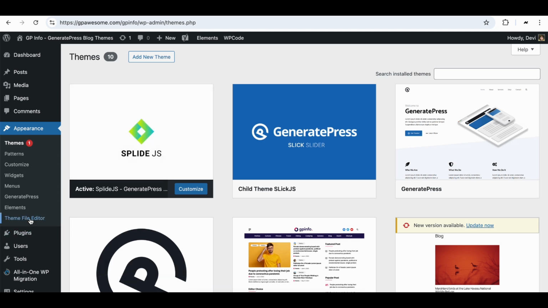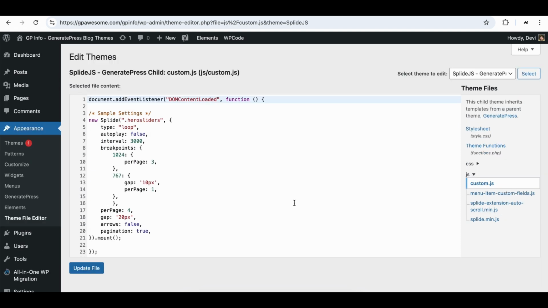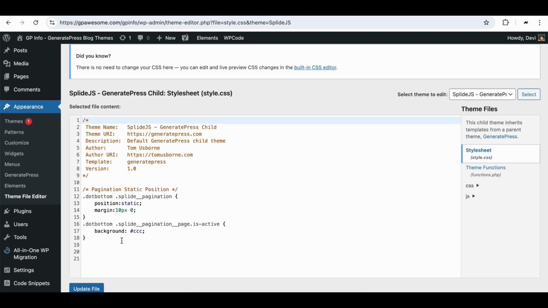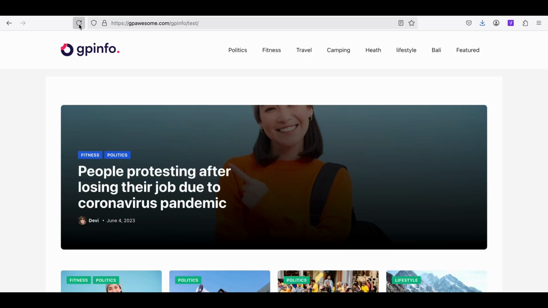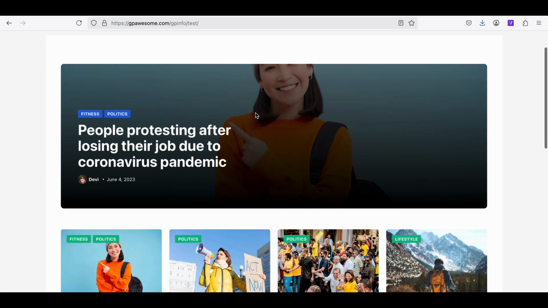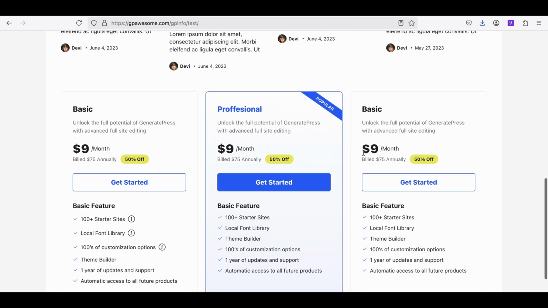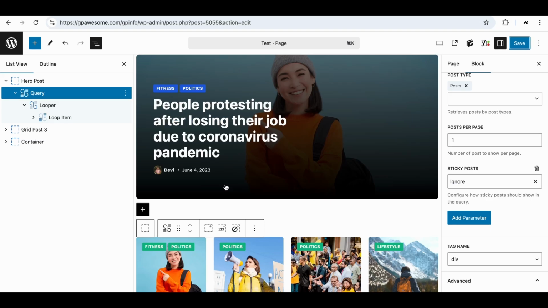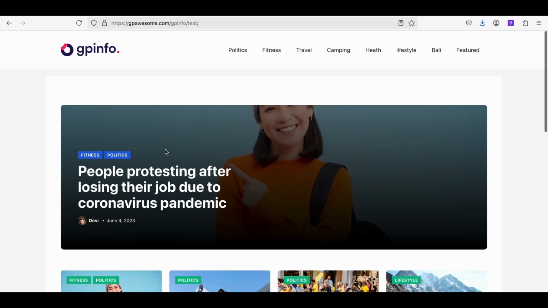Inside the child theme, in the theme file editor, you can see I already have, under the JS, custom.js. I already have a sample configuration here, and also some CSS. In this example I already have a loop template, so 1, 2, 1, 2, and some static blocks. First I want to create a slider for this hero